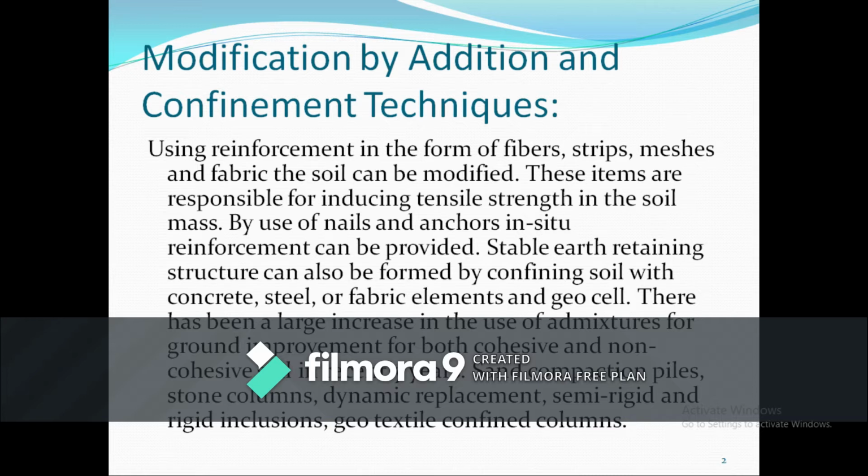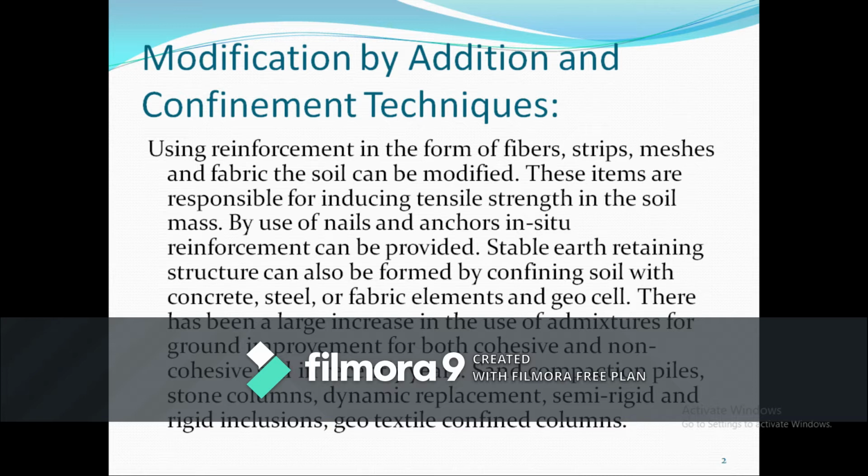There has been a large increase in the use of admixtures for ground improvement for both cohesive and non-cohesive soils in recent years. Sand compaction piles, stone columns, dynamic replacement, semi-rigid and rigid inclusions, geotextile confined columns are some of the confinement techniques we had been using for modifying the soil.